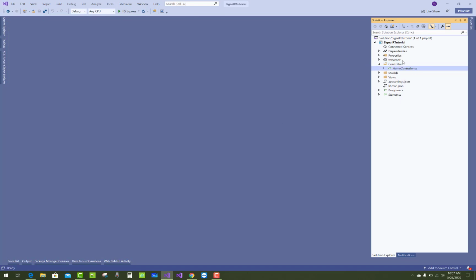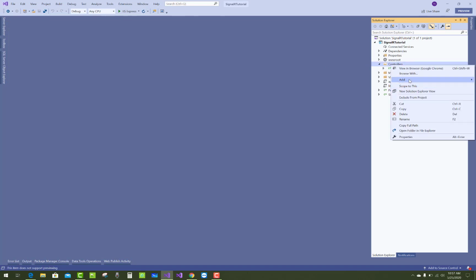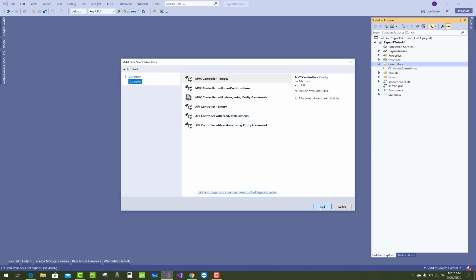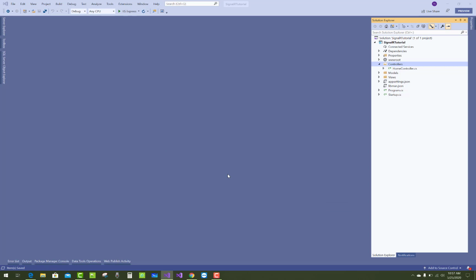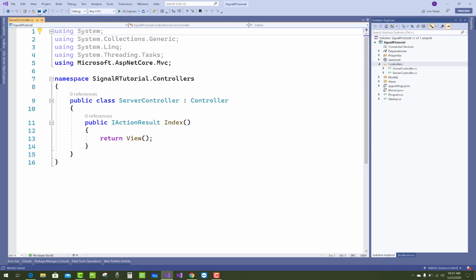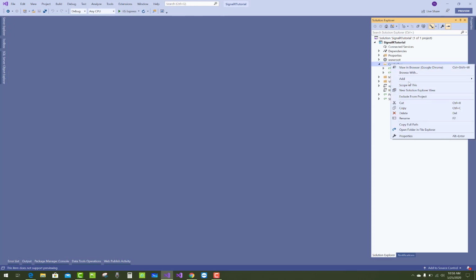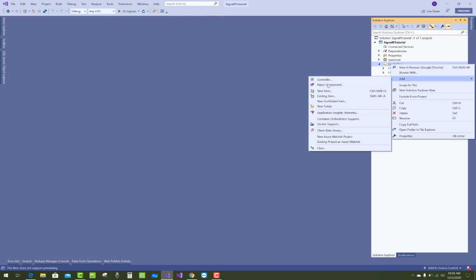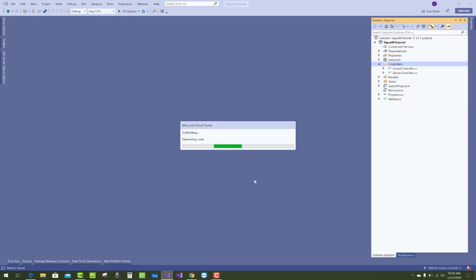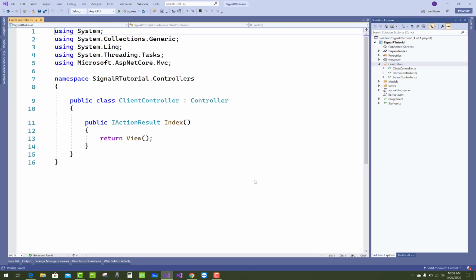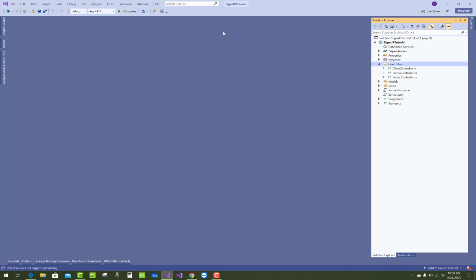So to test the application using SignalR, you have to add two new controllers in the application: the first one is the server controller and the second one is the client controller. Processing is done, and